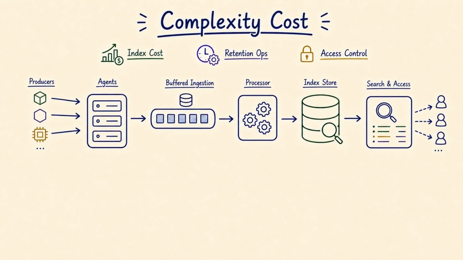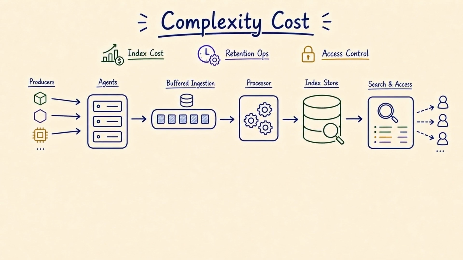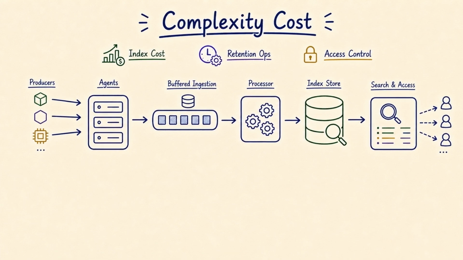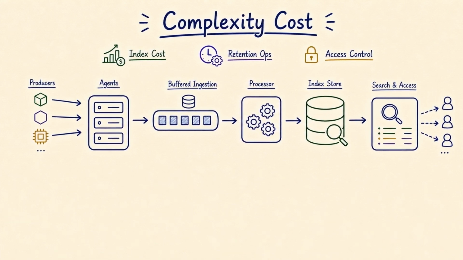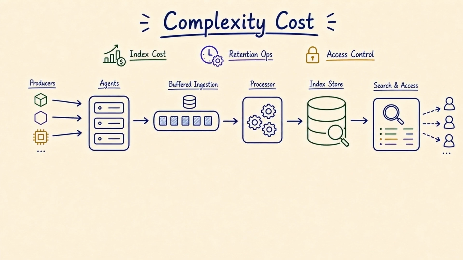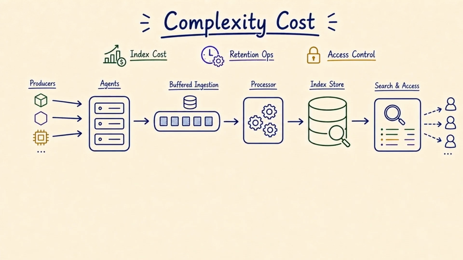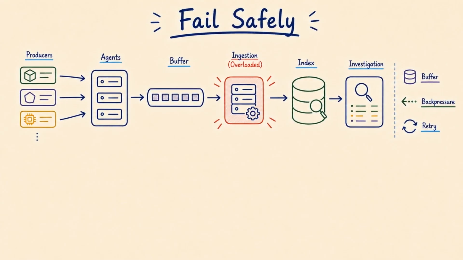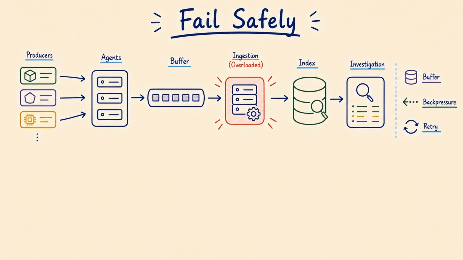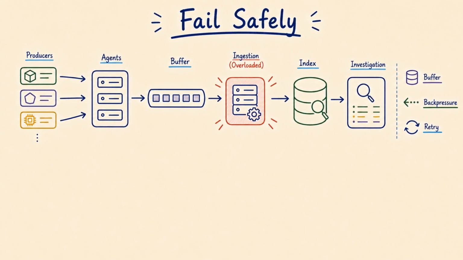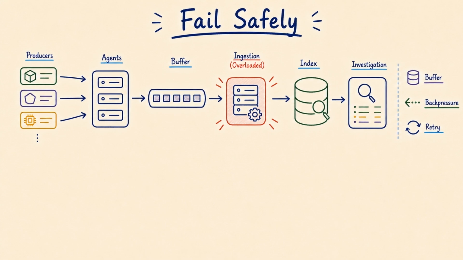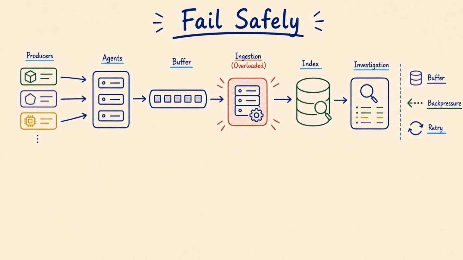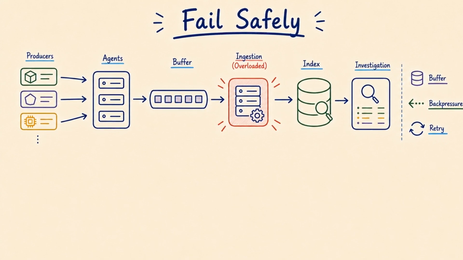But there is always a bill to pay. The cost of the stronger design is that indexing, retention, access control, and cost management become part of the platform you now have to operate. That trade-off is the real system design conversation. Now I challenge the design with a failure question. Ask what happens when ingestion is overloaded, the index cluster is slow, or one team dumps noisy debug logs into the shared platform. If the diagram cannot answer that honestly, it is not ready.